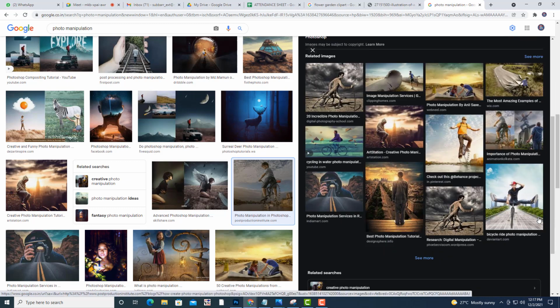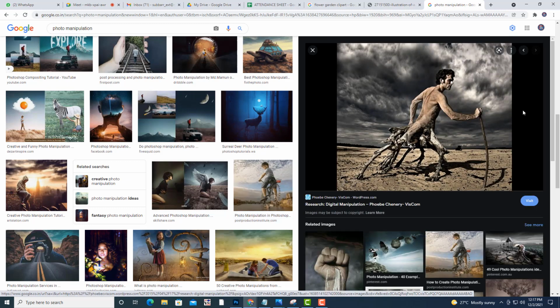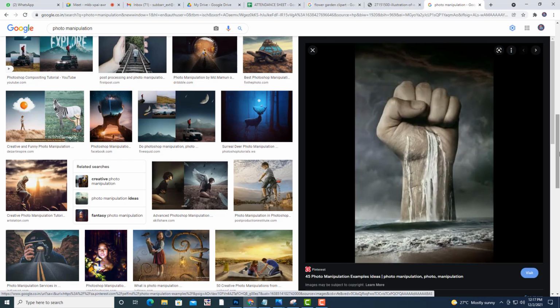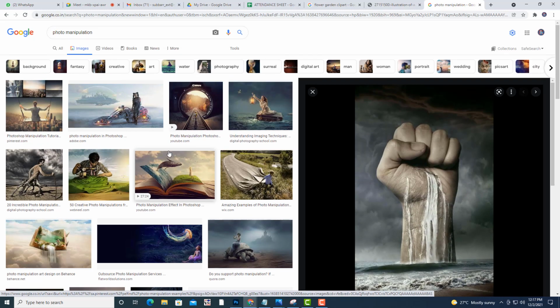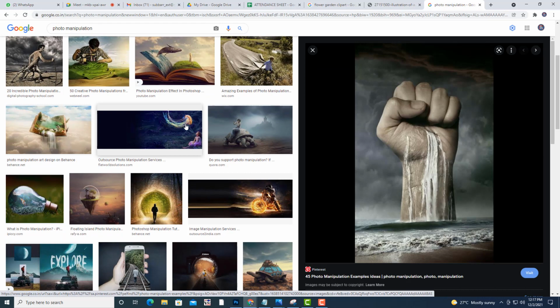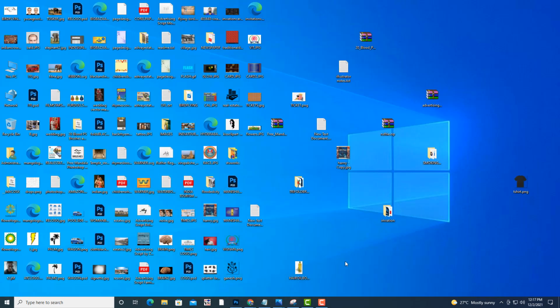So you can see so many things here. You can imagine so many things. What we are going to do is see four different examples of photo manipulation. The first example that I am going to show you is an underwater scene inside a bulb. Especially here, you are VFX students, most of you VFX students. So for you this is a very important topic.